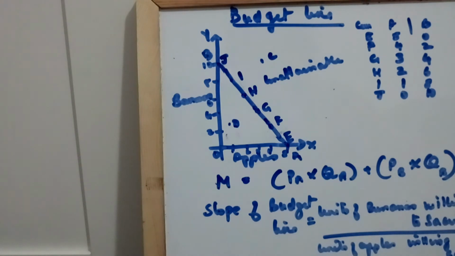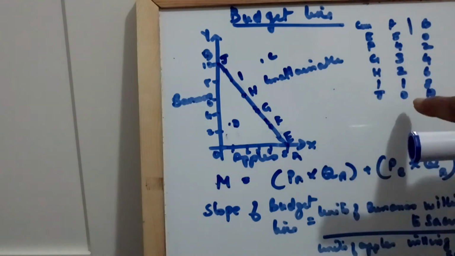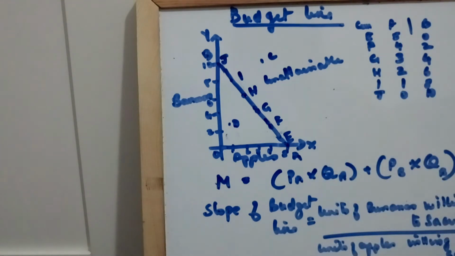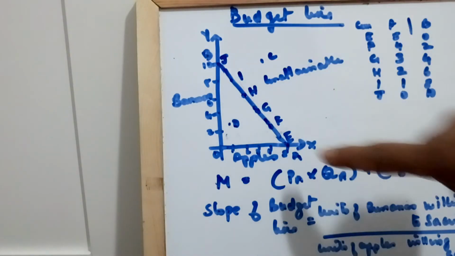So here in this example you find the tabular column, you find apples and bananas. That's the combinations E, F, G, H, I, J. So 5 apples and 0 bananas, 4 apples and 2 bananas, 3 apples and 4 bananas, and the price of each apple is 4 rupees, and the price of each banana is 2 rupees. And that is represented here in the diagram. So here you find the combinations are marked,